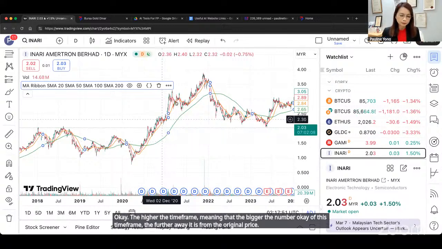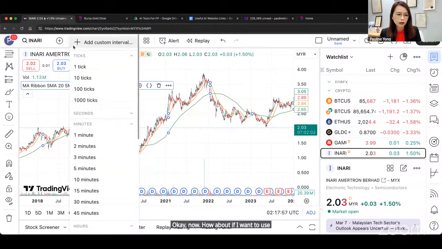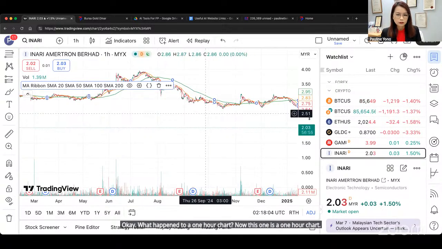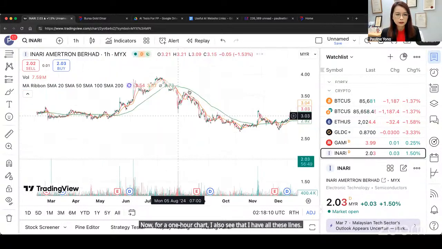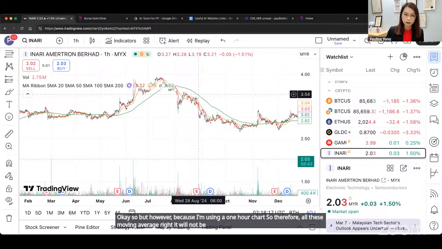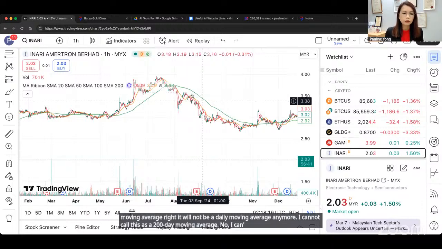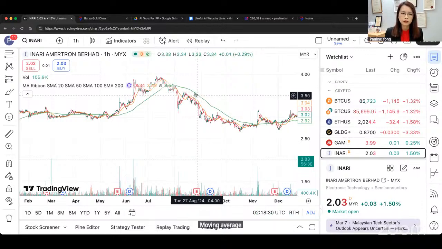Now how about if I want to use a 1 hour chart? What happened to a 1 hour chart? Now this one is a 1 hour chart. For a 1 hour chart, I also see that I have all these lines. However, because I'm using a 1 hour chart, all these moving averages will not be a daily moving average anymore. I cannot call this a 200-day moving average. No, I can't. I can only call this a 200 period moving average,